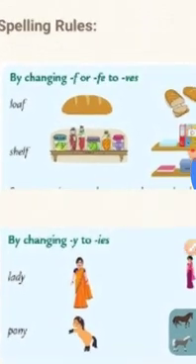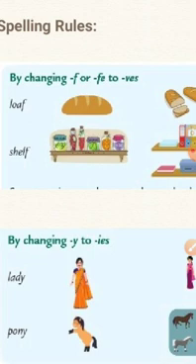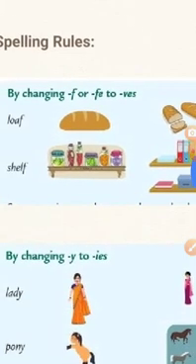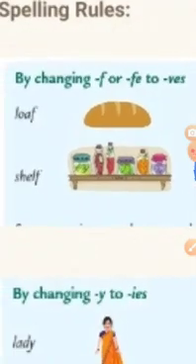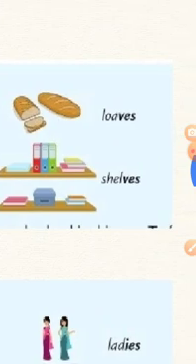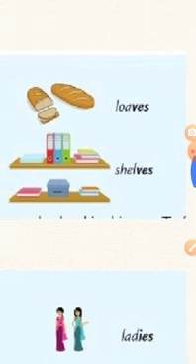Loaf of bread. Here is a loaf of bread in the first example you see. When we want to say there are many loaves, many of this kind, then we say loaves. How do we change the spelling? We don't write LOAFS here because the last letter of this naming word ends with the F. So whenever a naming word ends with F, we need to change that F. We need to remove the F, and in that place you have to write VES to make it to plural naming word like this. LOAVES. F has been removed.